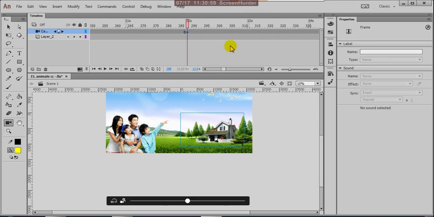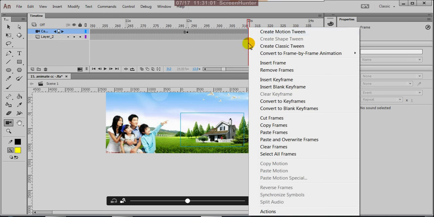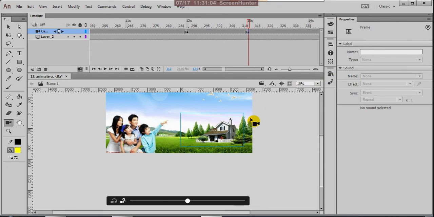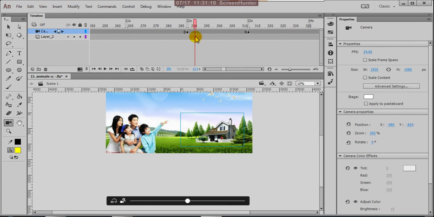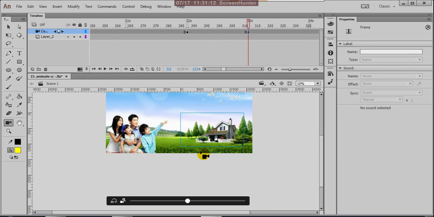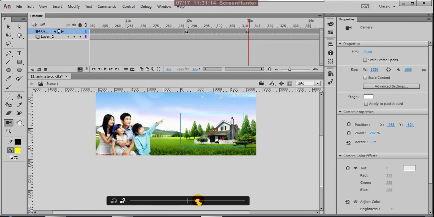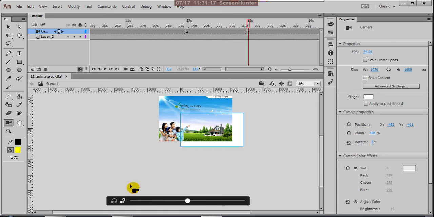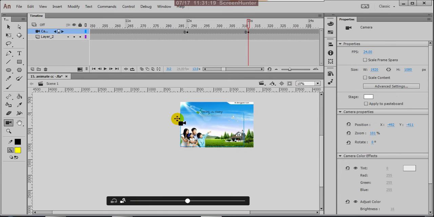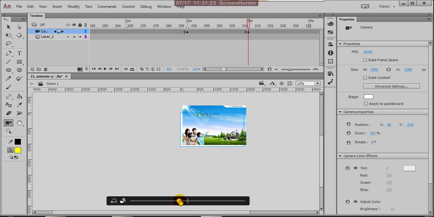here to here, insert keyframe. Okay, so there you can cover the whole poster. So now we are revealing this.